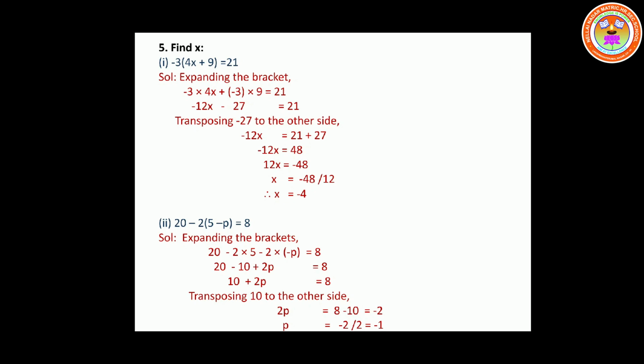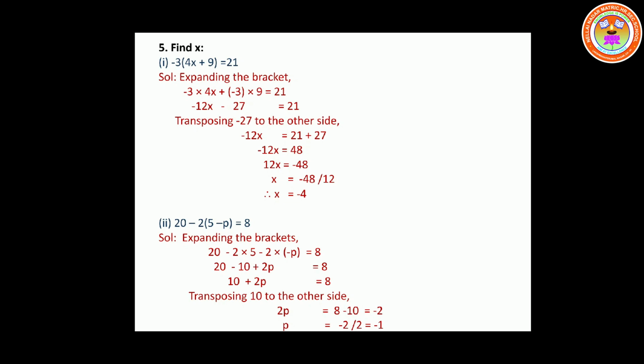Now multiply both the sides with minus symbol. So minus into minus becomes plus on my left hand side, and here on my right hand side there is plus into minus, that becomes minus. So 12x is equal to minus 48. Transpose 12 to the other side, becomes minus 48 by 12. So in 12 tables, 4 times you will get 48. Therefore the answer is minus 4.